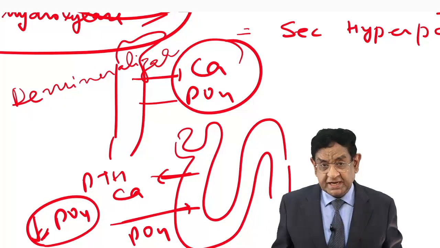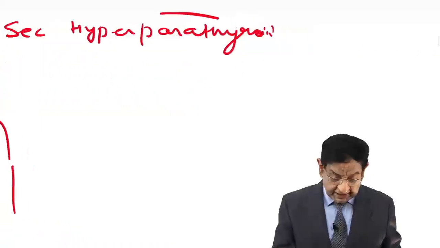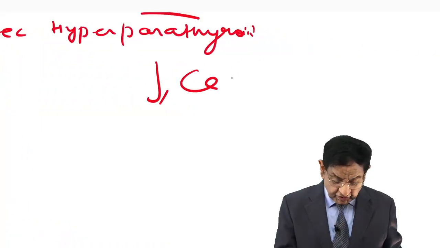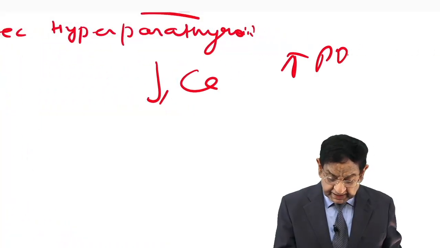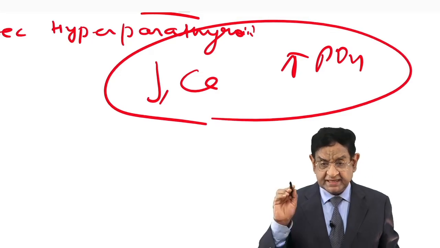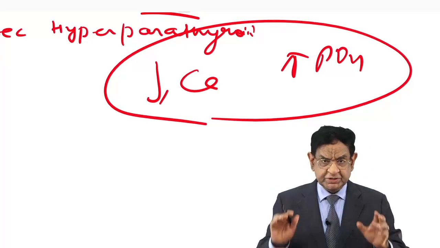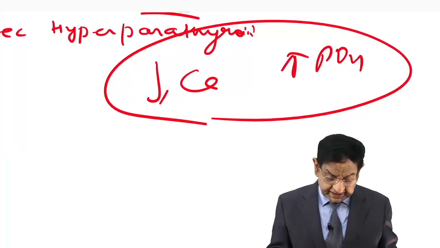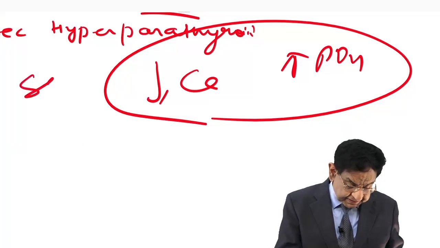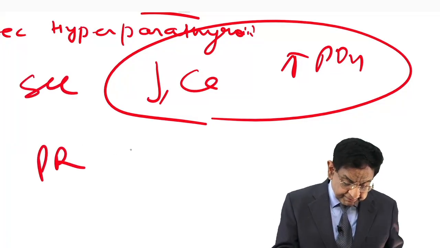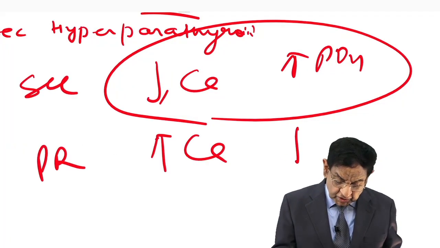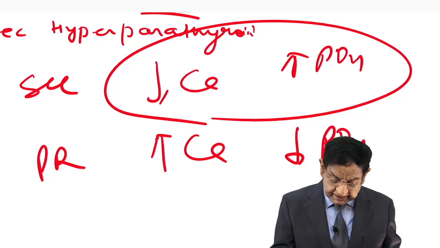In secondary hyperparathyroidism, low calcium and high phosphate happen. The mechanism, you can see in my lecture on hyperparathyroidism. That is the difference between primary and secondary. In primary, hypercalcemia and low phosphate level are there,